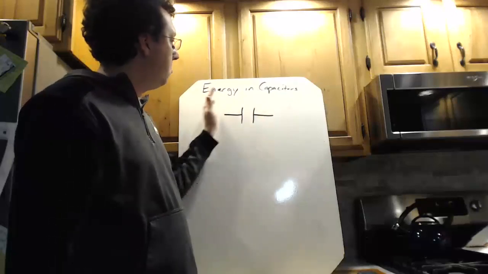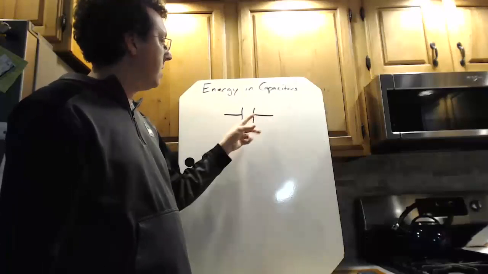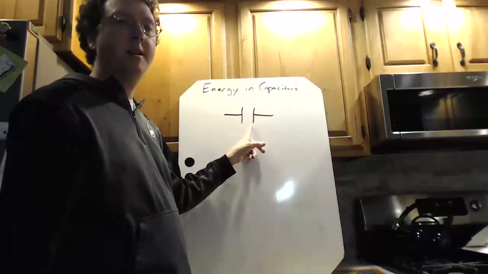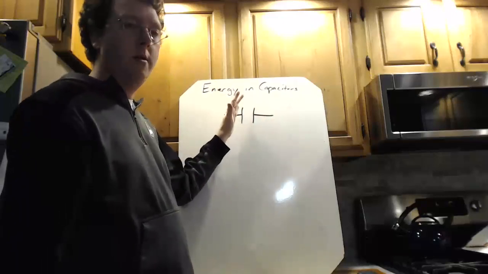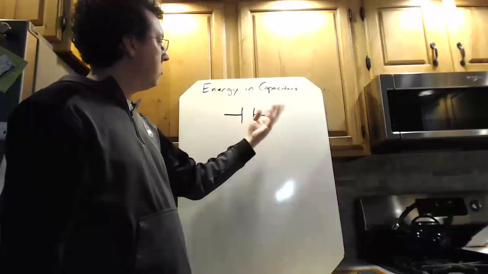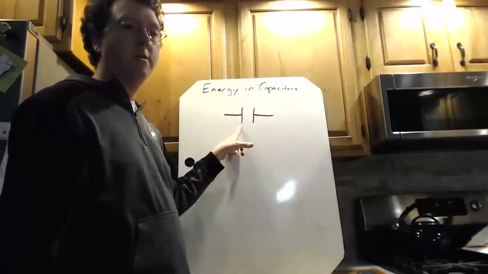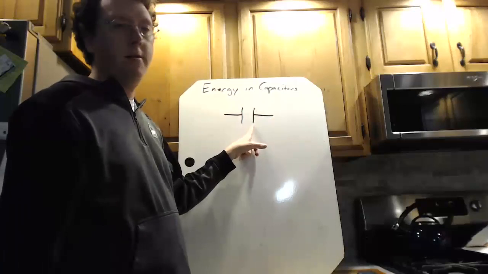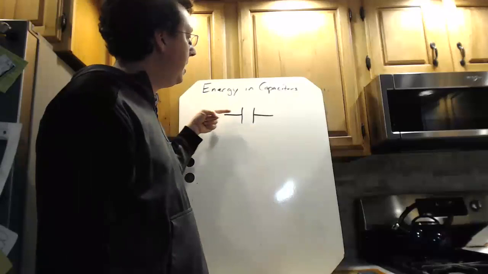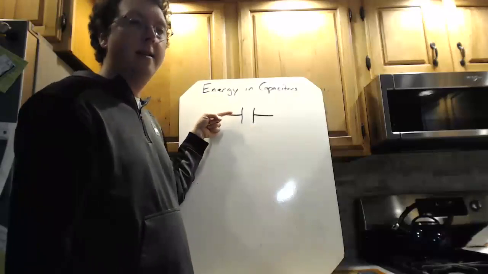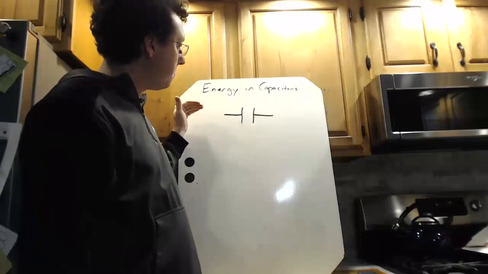And then you add a little bit more charge, and it draws out a little bit more of the opposite sign charge. And you keep adding a little bit more, and it keeps drawing and drawing until you end up with a large pile of charge on one side and an opposite amount on the opposite side. And eventually, if you try to add any more, you can't, or the battery isn't strong enough to,